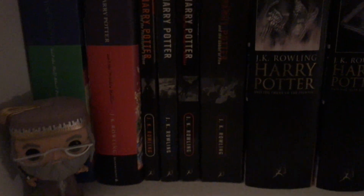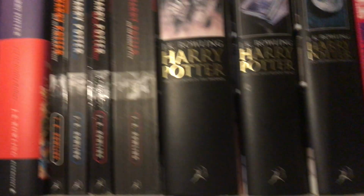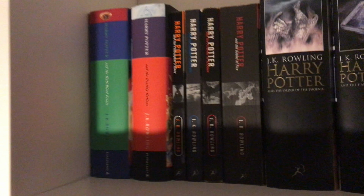Let's go down a bit. We have Dumbledore here. It is a bit dark. I think I will move the light a bit so you can all see. Alright. Just give me a second. Alright, it should hold. So, not perfect, but it certainly works. No, it fell. Alright, now it should work much better. Now, so